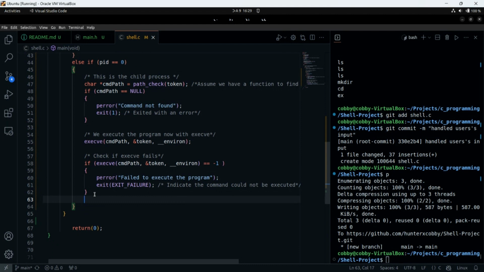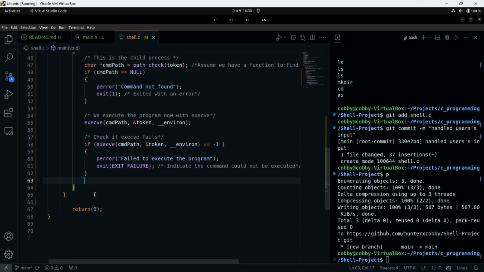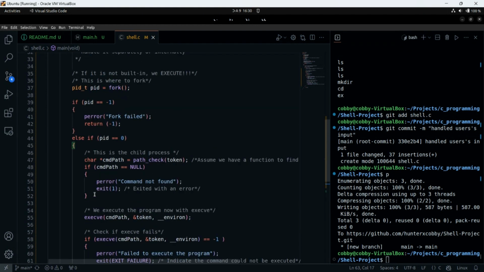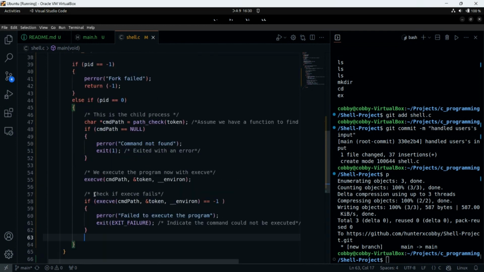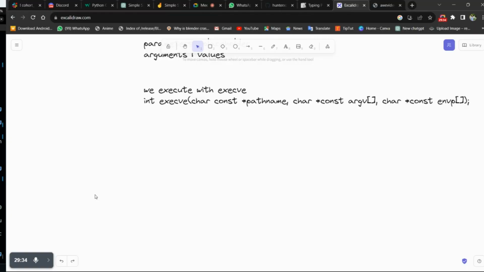I think we've come a long way. We can take some time to check what we have done. Why do I feel like I'm doing something wrong here? Okay, guys, we are good to go.